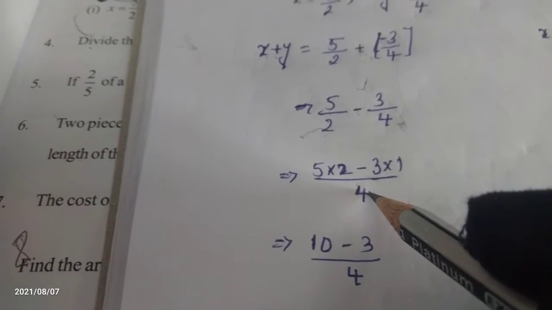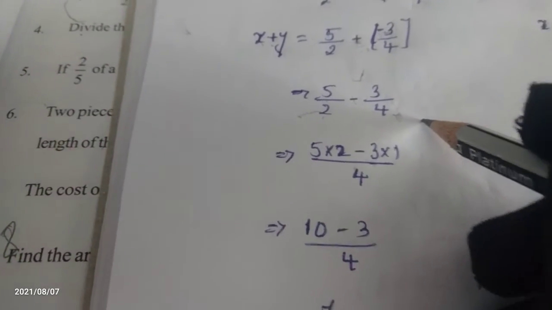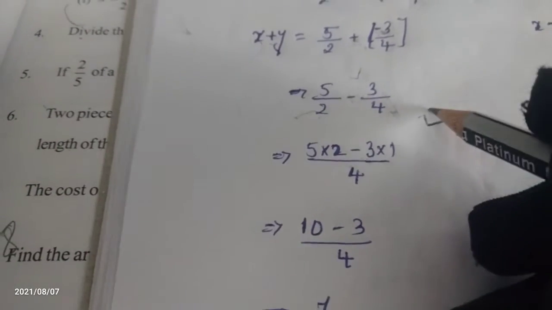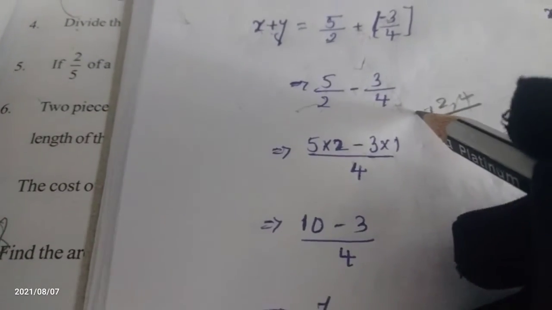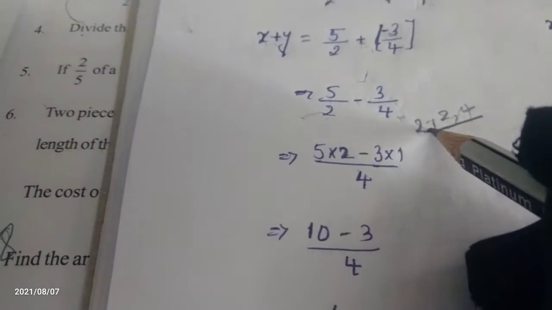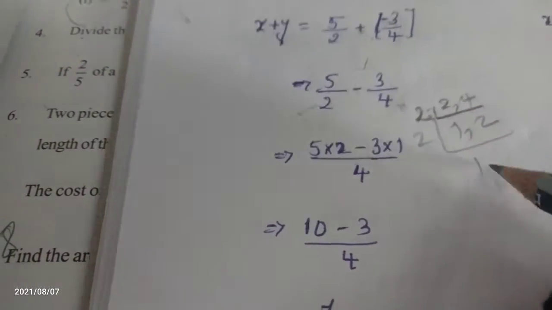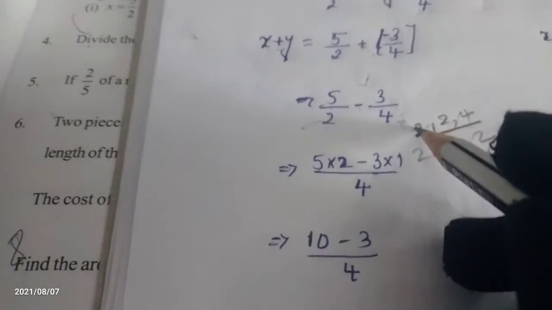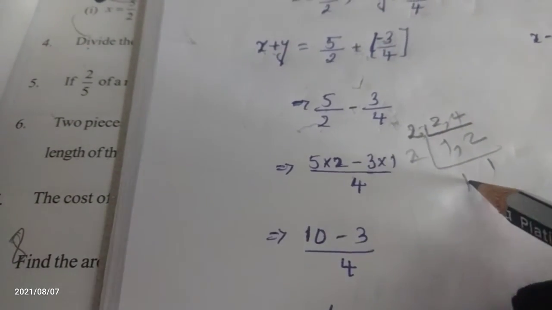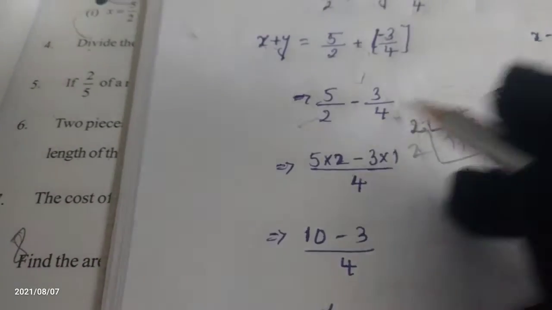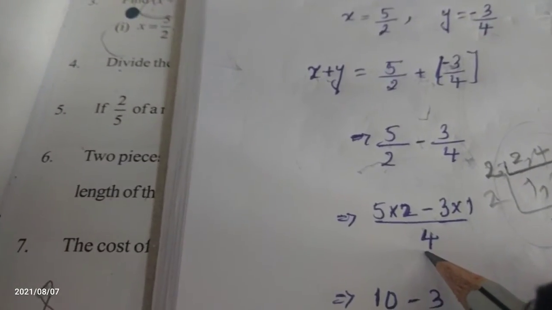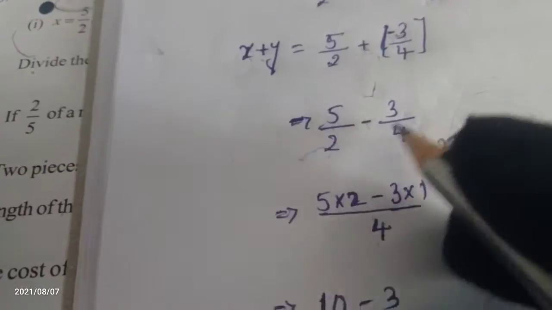How, ma'am, how do we get the 4? Can you explain this LCM? Here 2 is there, 4 is there. Means we can cut it as 2. 2 ones are 2, 2 twos are 4, so again we are taking the 2, and 1 is as it is. 4 ones are 4. The overall LCM is 4, ma'am. Okay, up to that clear? I am just taking the LCM.